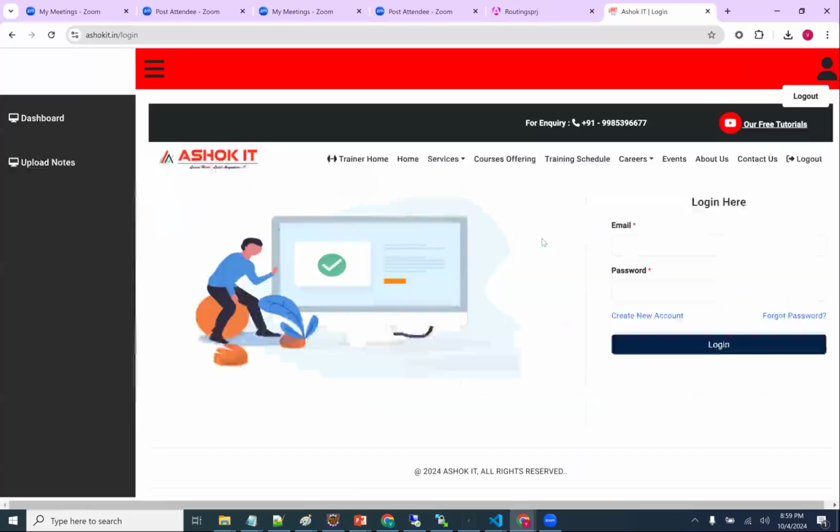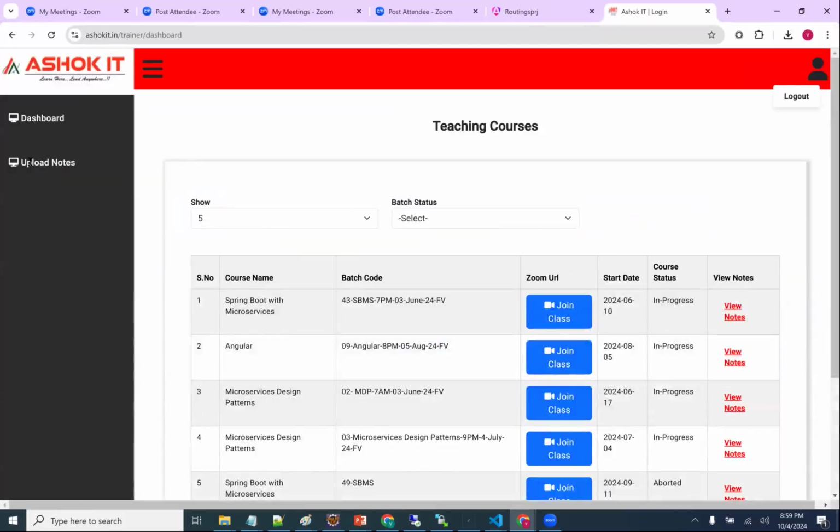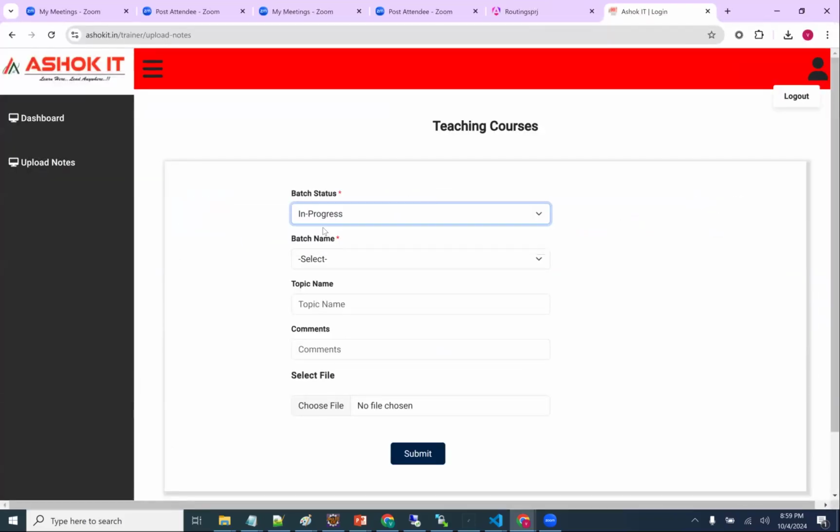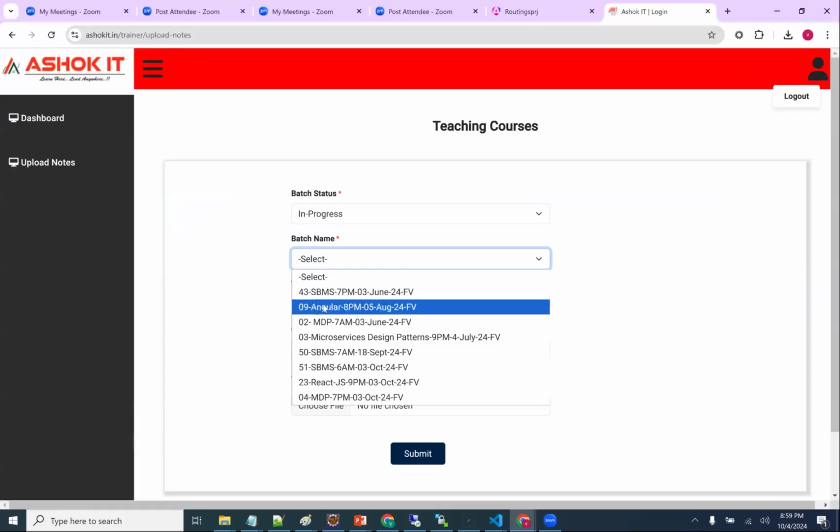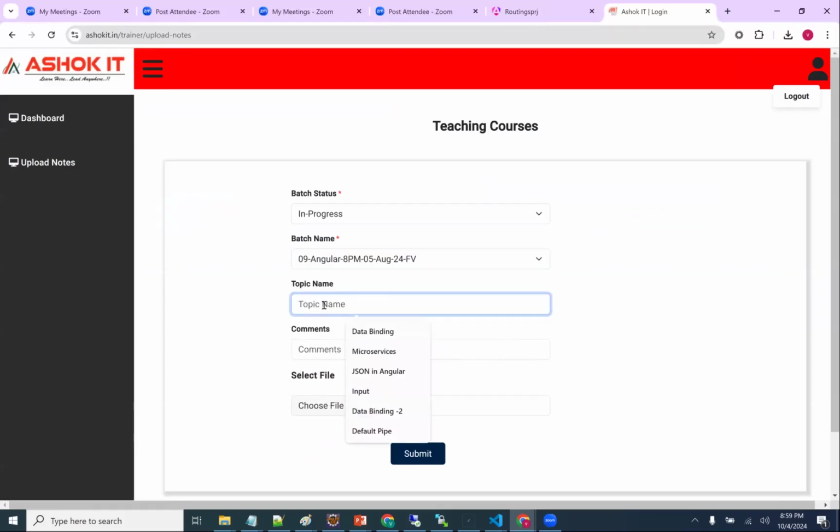Sir, if I ask you, when we implement open authentication or JWT or some other kind of security in the backend, then also do we need to implement this route guard in the front end, or is one of the security features enough? Sir, your voice breaks at the last.